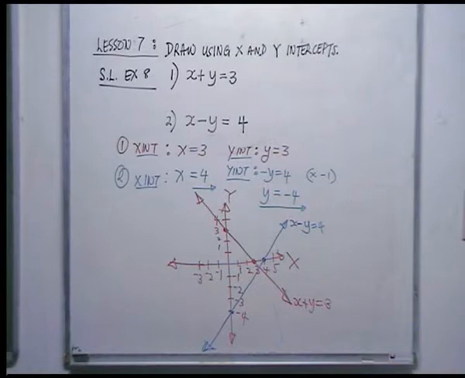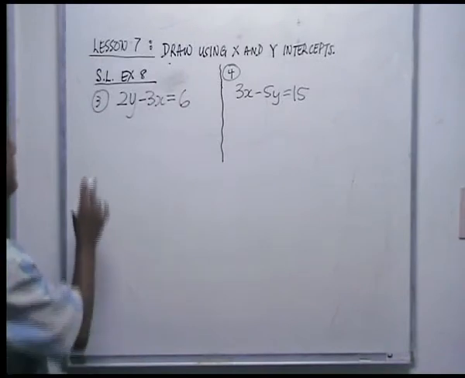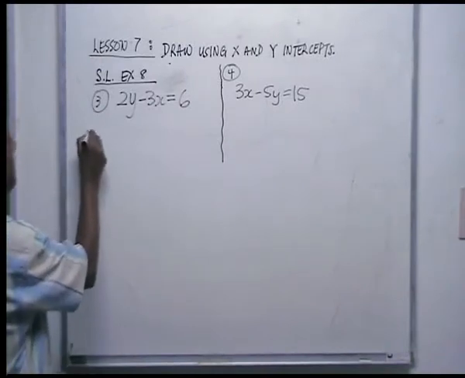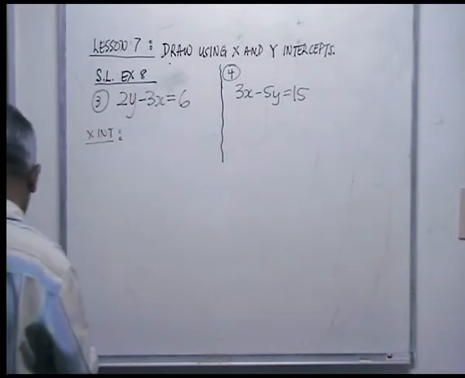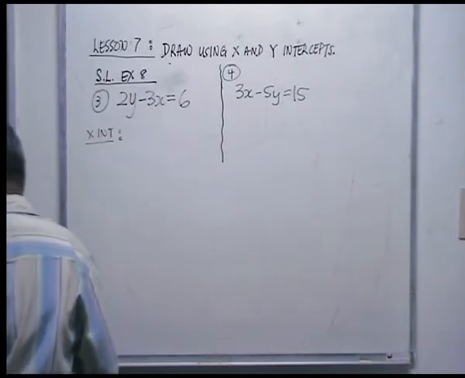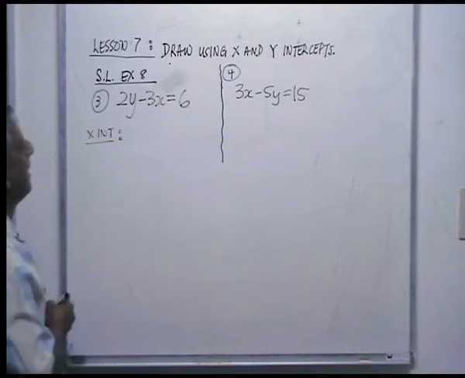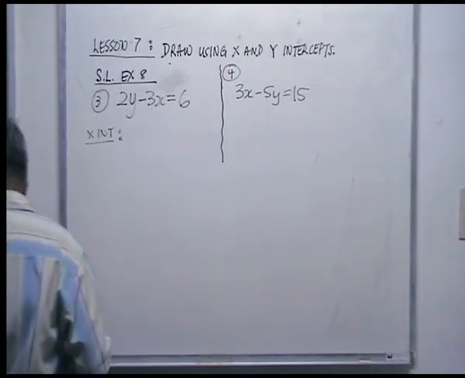Okay, let's move on to number 3 and 4. Here we have number 3 and 4. Let's look at number 3. We want the x-intercept. Alright, pins are giving me a little bit of problem. Let's just change pins. Now, if you want the x-intercept,